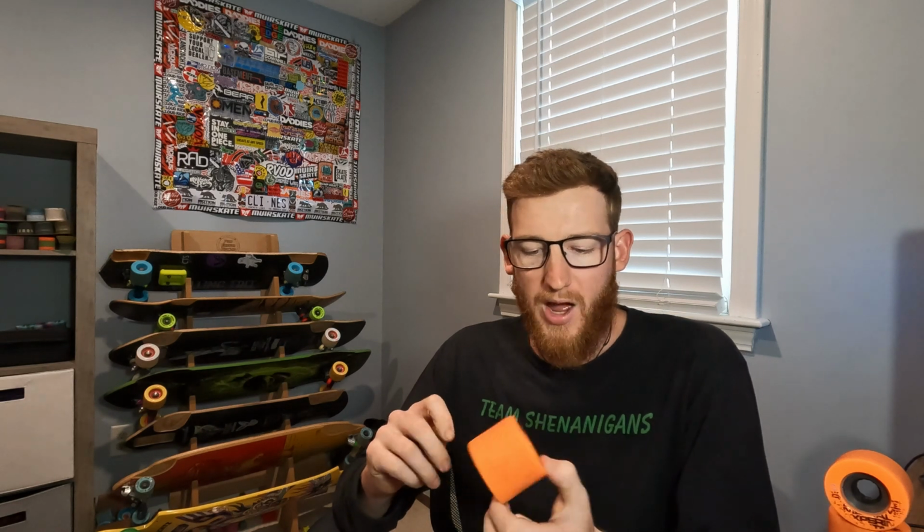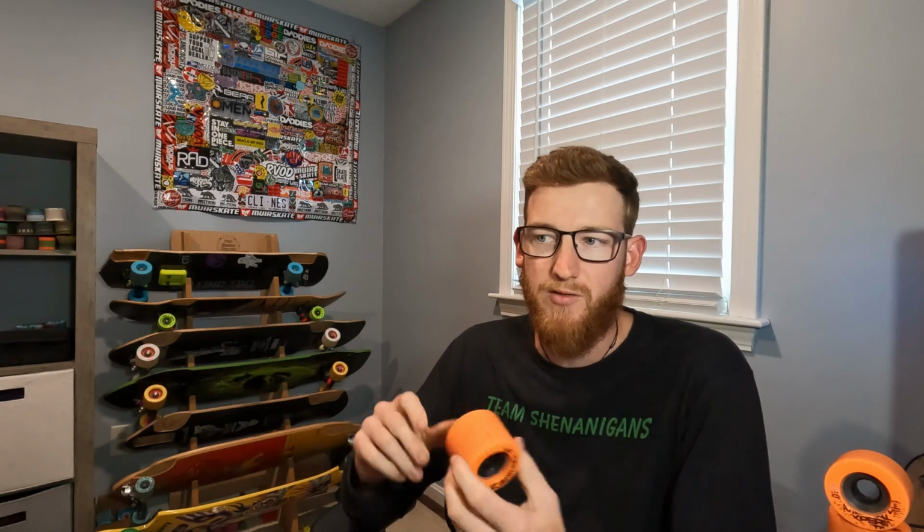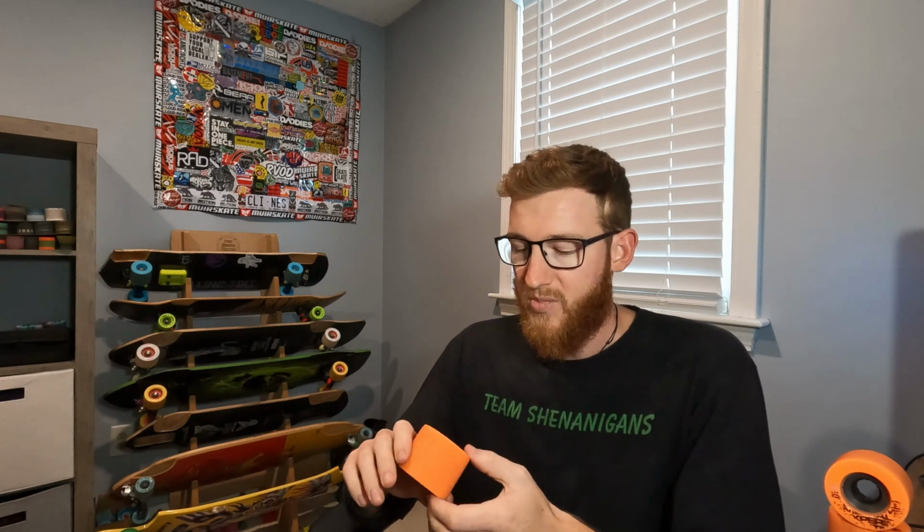Yeah, so durability as well. I've ridden these probably several times. The first time I skated them was a whole big skate day, like driving runs and stuff like that. And then most other sessions have been local freeride type hiking spots. They have held up decently as far as wheels are concerned compared to other Powell wheels. They're wearing really quickly, but as far as just looking at wheels in general, they have a